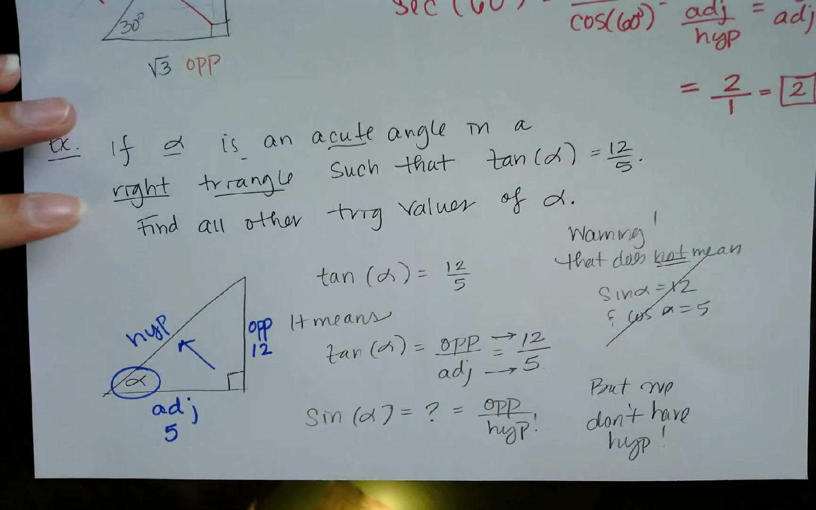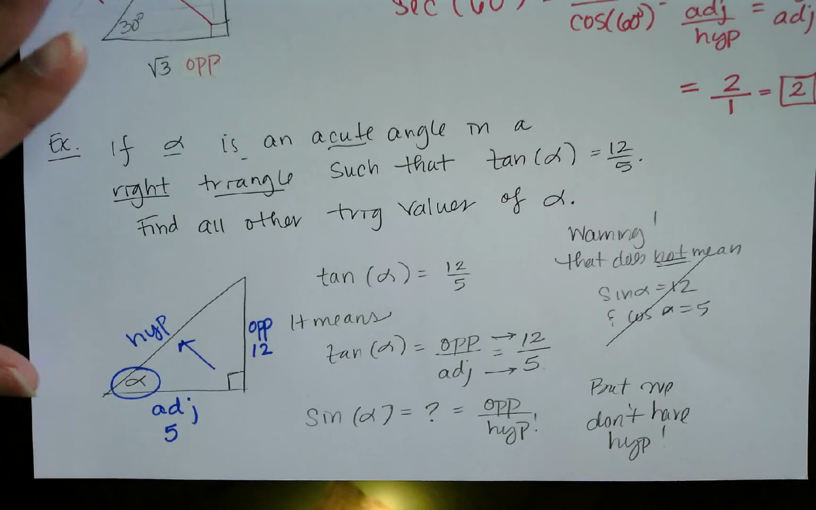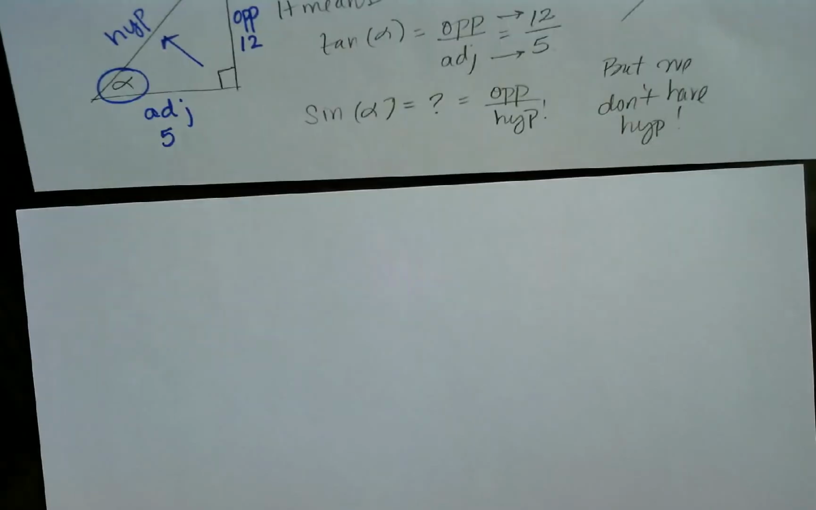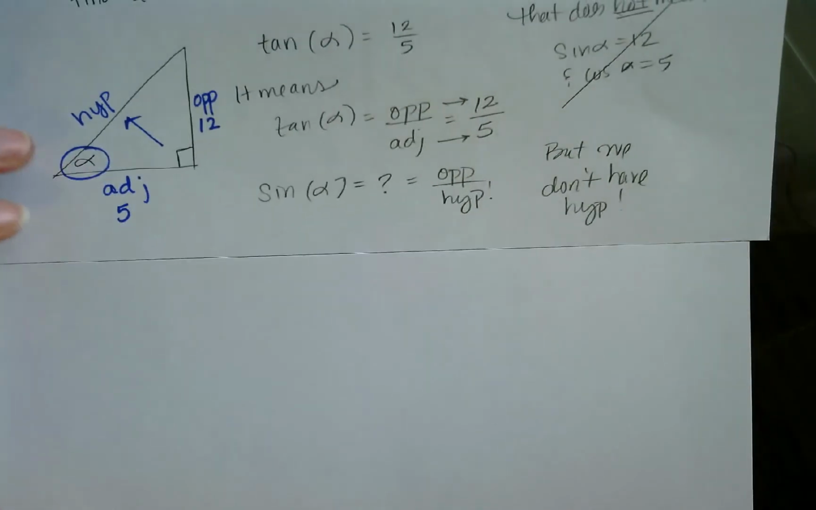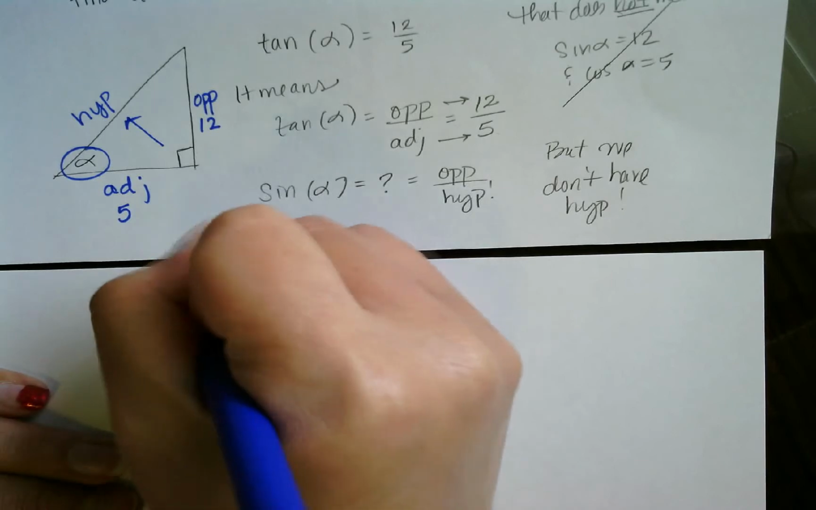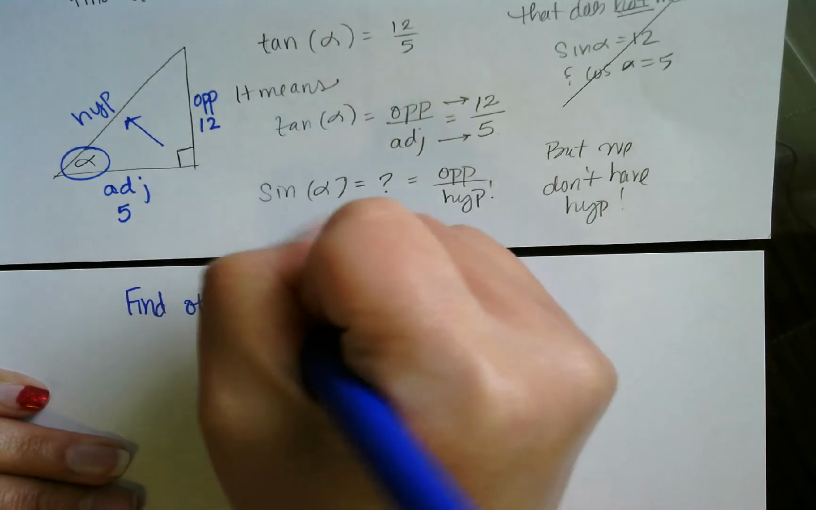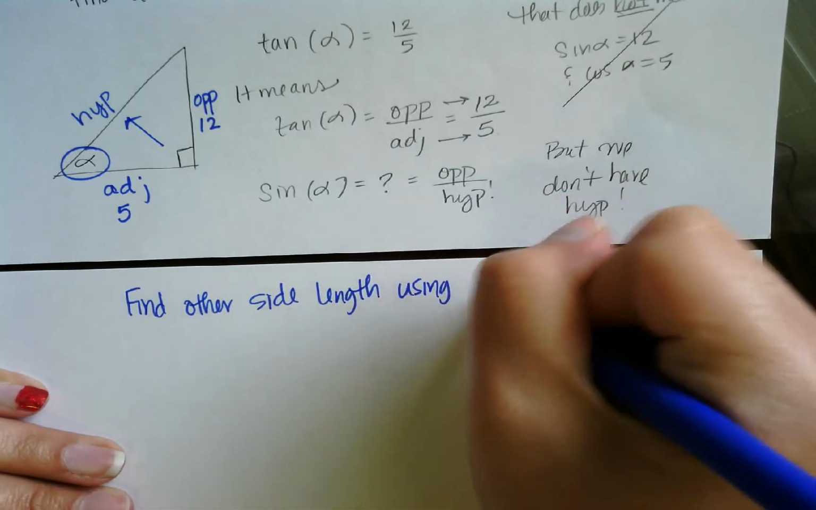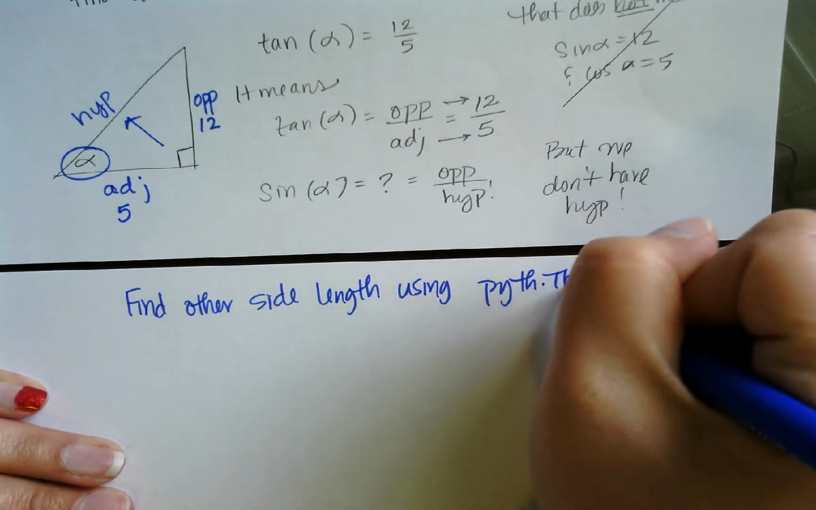How are we supposed to find it? Somebody else out. Pythagorean theorem. Sweet. Alright, Pythagorean theorem it is. Okay. Find other side length using Pythagorean theorem